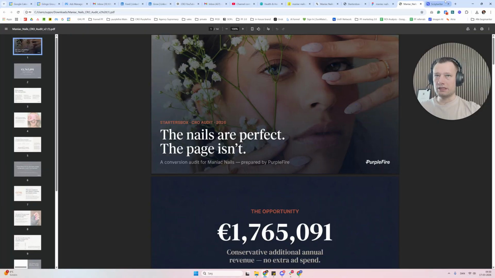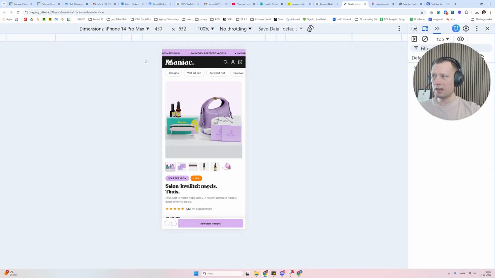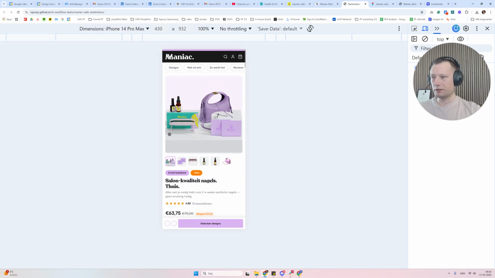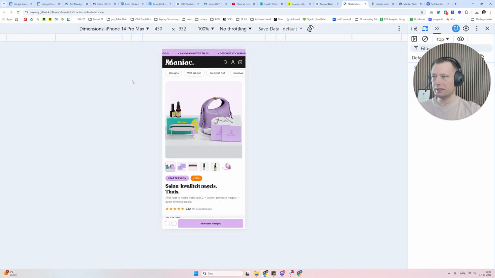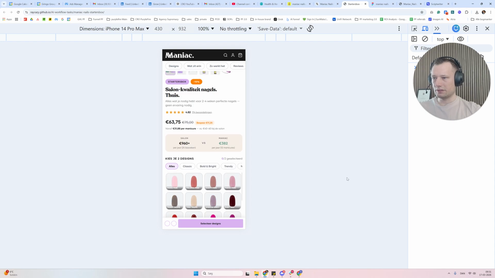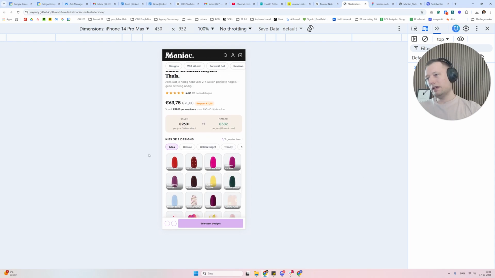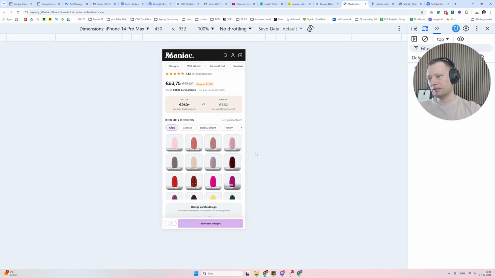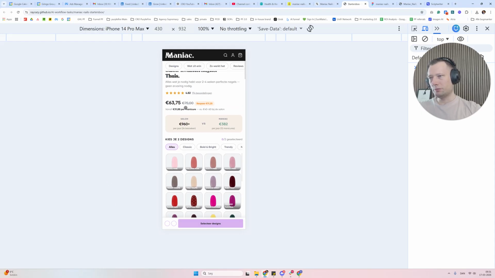The other thing we did was we actually did this in GitHub. We actually created this for the client so they could see our idea. Of course, it's low key, fast vibe coding and so forth, but it still shows the idea with a lot of the changes. We even translated it to Dutch because the client is operating in this market. And one thing we're doing here is showing the selector and how we believe it should be working